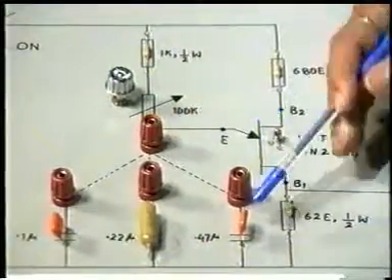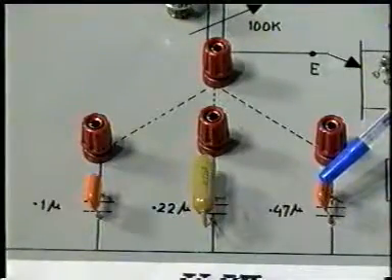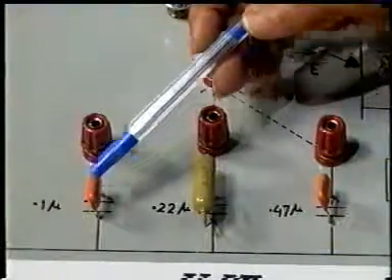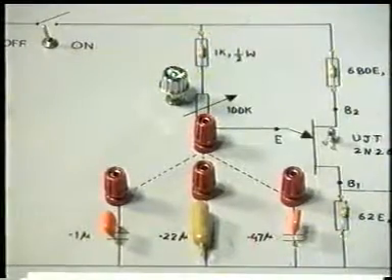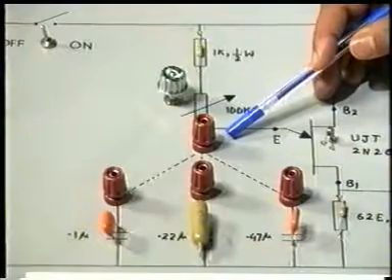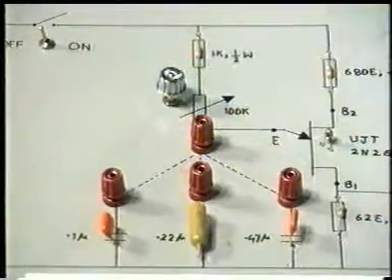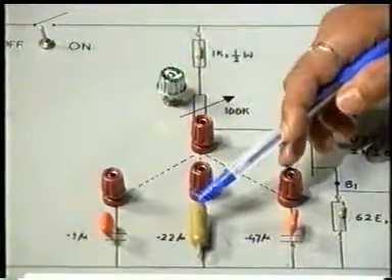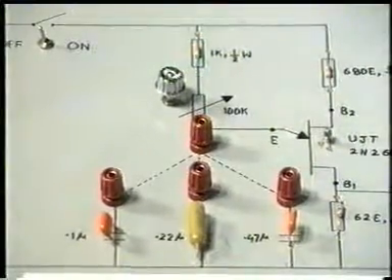Now you have 3 capacitors here. This is 0.47 microfarad, this is 0.22 microfarad, and this is 0.1 microfarad. This has been purposely done to make the experimentation more interesting. This is the common point, so I can connect one terminal here and one here or here or here. By that we can connect either this capacitor in circuit or this capacitor or this capacitor. So we can have different wave shapes, right.